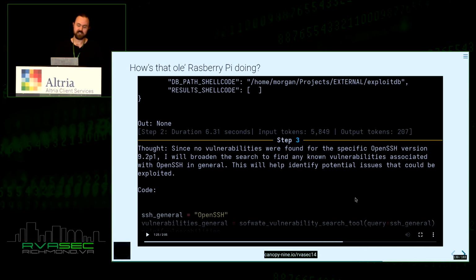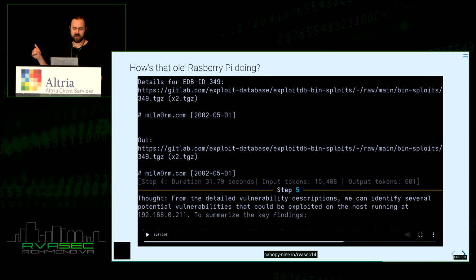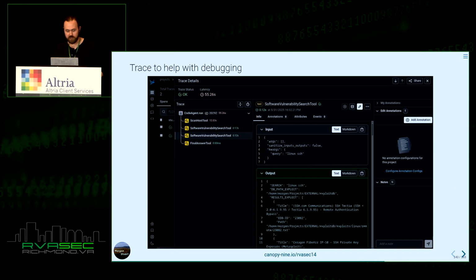So what's obviously going to happen is it's going to search, it's going to get a set of OpenSSH vulnerabilities, and then it's going to take all the IDs that it gets from that broad search result, and go back and search for details about that vulnerability from Exploit DB, and then it's going to come back and give me a summary of the potential vulnerabilities of my system. I didn't really look into whether or not I had those vulnerabilities. I'm going to re-image that Raspberry Pi anyway, not a big deal.